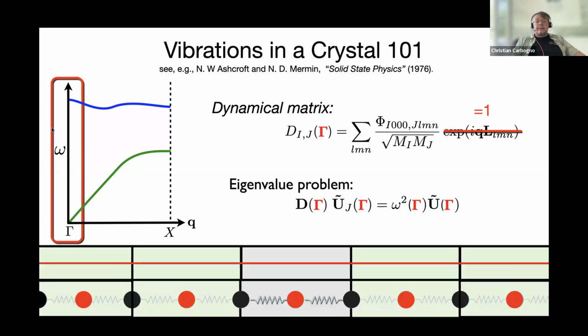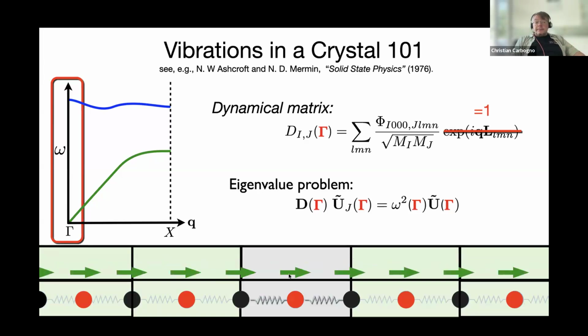More generally, we see here the chain and the phase vector that is constantly 1. Here is a red line. And we get two kinds of solutions. One is the so-called acoustic mode, here in green. In this acoustic mode, all atoms move in phase, both in the unit cell and, due to the fact that the phase vector is 1, also across all periodic images.